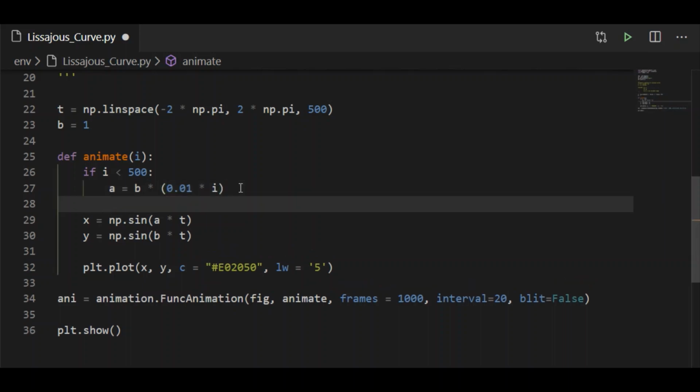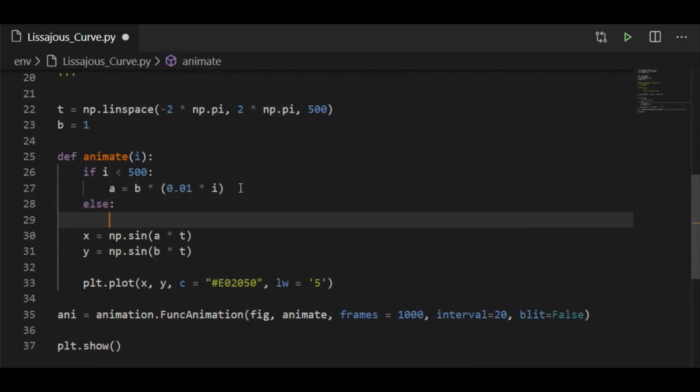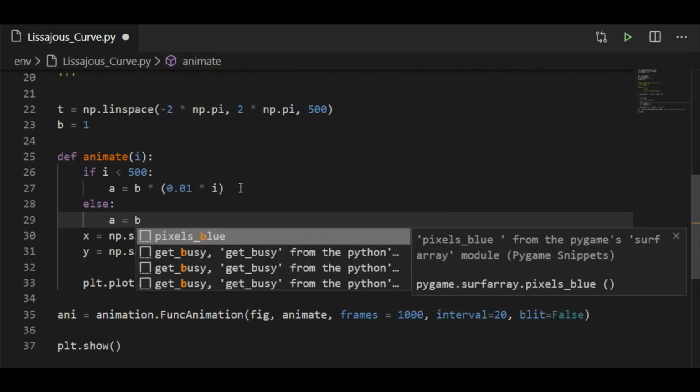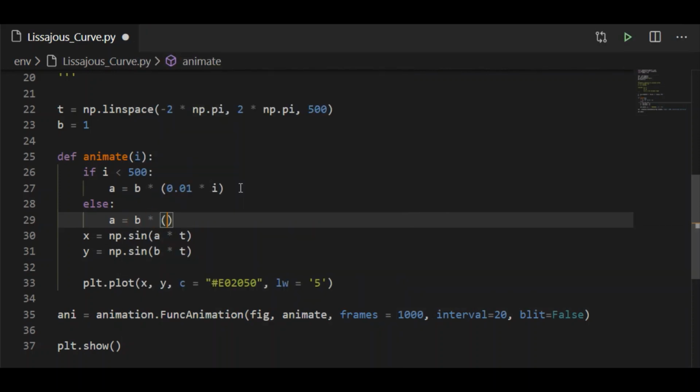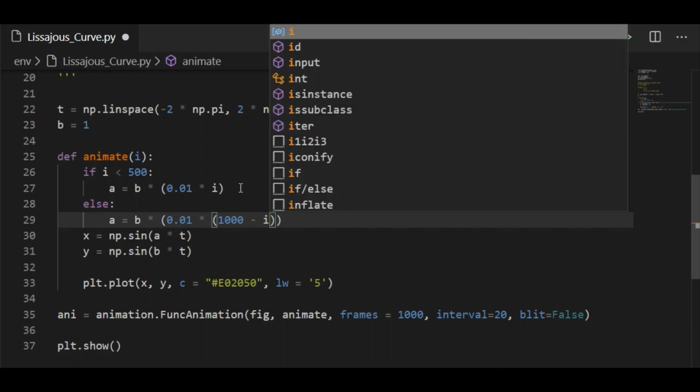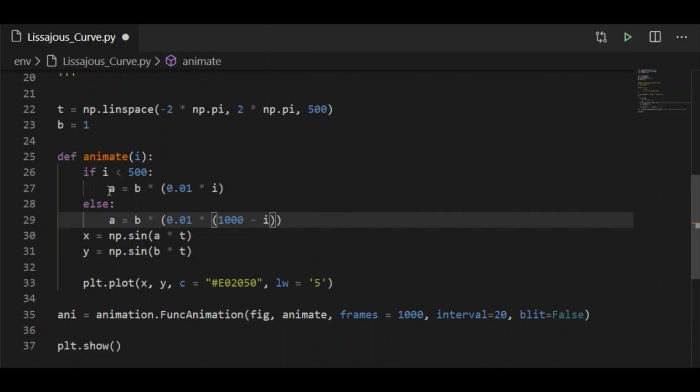Otherwise, that is, if i is greater than 500, a is a function of b times 0.01 times 1000 minus i. The first if loop will move the animation in the forward direction until 500 times. The else loop will move the reverse plots from 501 to 1000.